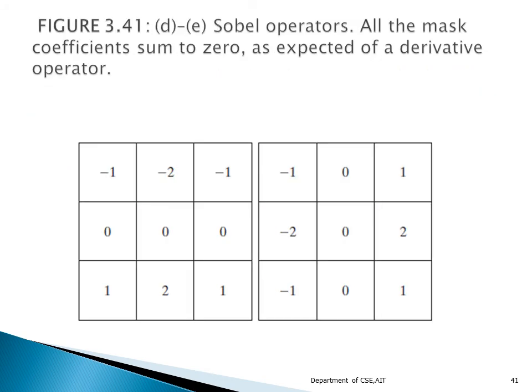These filter masks that we are seeing here are called the Sobel operators. The Sobel operator is a 3x3 mask. In this 3x3 mask, we can see that we have two types, where we have the middle row as 0 or the middle column as 0. And when we sum up all the values here, we will see that the sum will be equal to 0. This is the property of a Sobel operator. The person called Sobel introduced this operator.